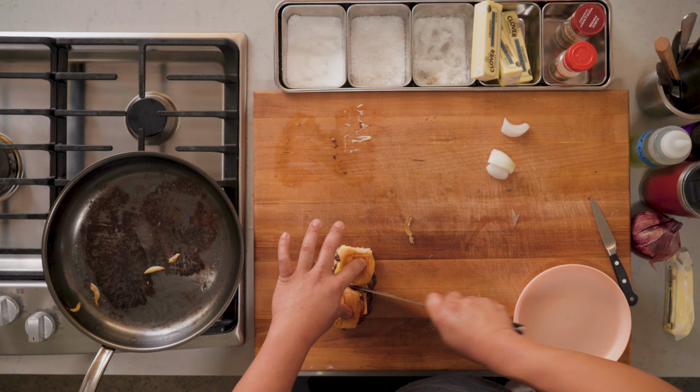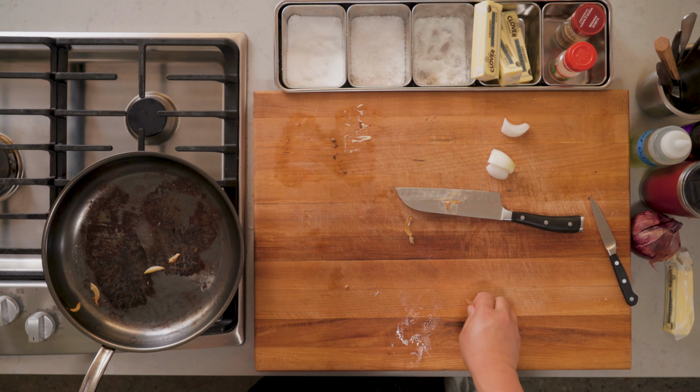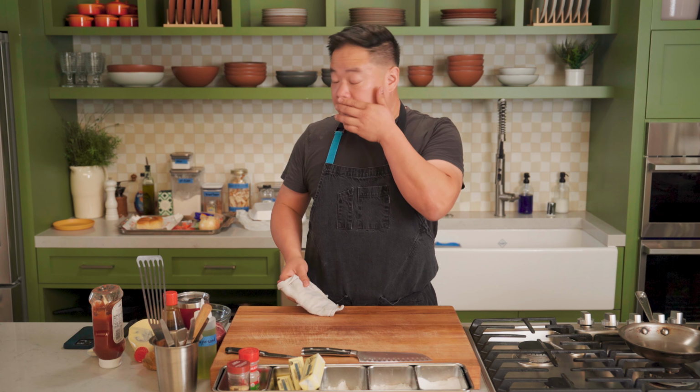You can leave these. I know that Chang likes to serve them as rectangles, but the kids like them as little actual sliders. And there's the second slider, oniony cheeseburgers. We done the pork burgers, we done the cheeseburgers. The last little slider that I use at my household to fend off the hordes of screaming, hungry children is